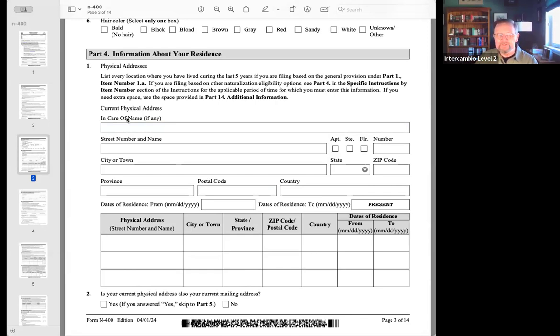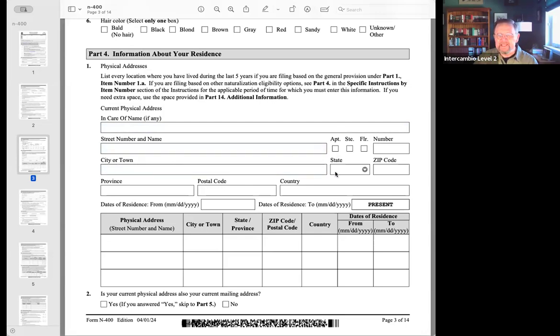And if you are living with somebody, this is where you would put in care of. Say you're living with your brother. You would put down in care of your brother's name, and the street address. But if you're not, you put NA here for not applicable. Street number,